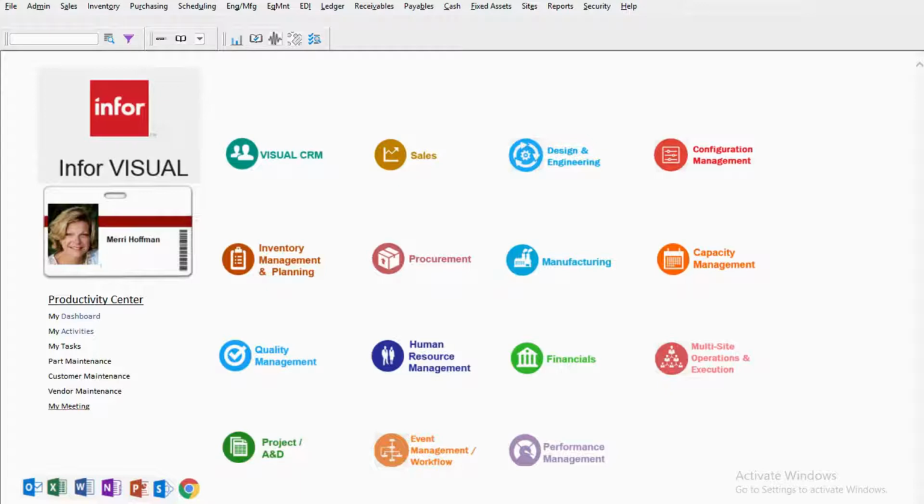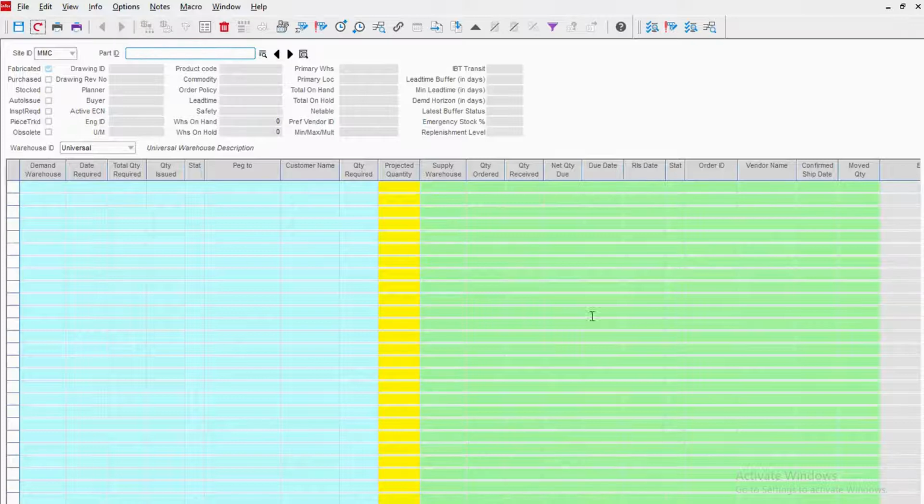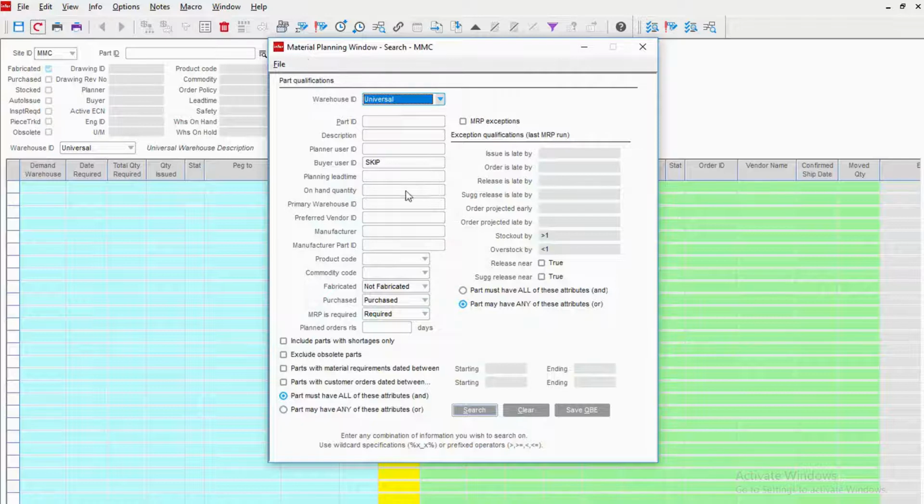First, let's talk about how this is typically done by Visual customers. Often that's done using the material planning window. So let's just go into material planning here. This window tells me what I need and what I have coming, what I currently have on hand for a single part. The way that it typically is utilized by planners or schedulers is that they'll use this search to say, all right, I am a planner